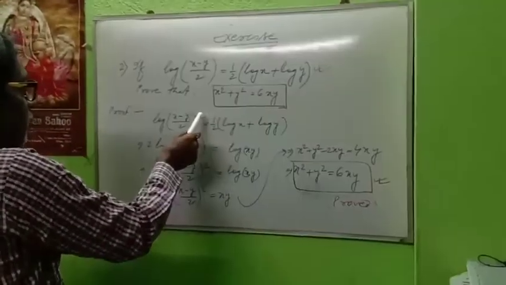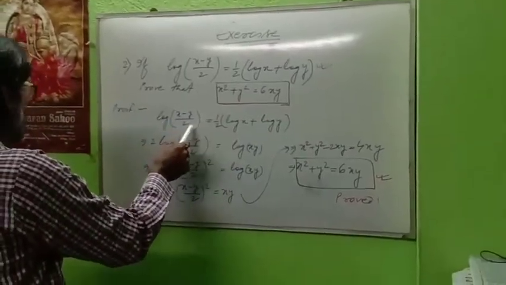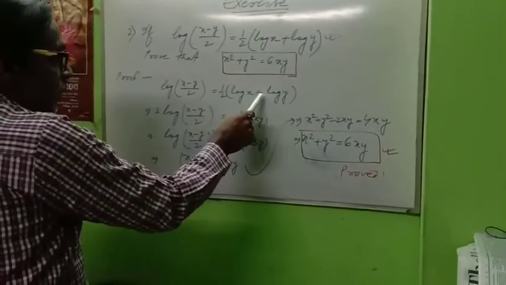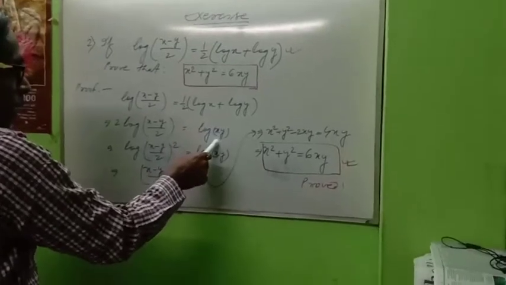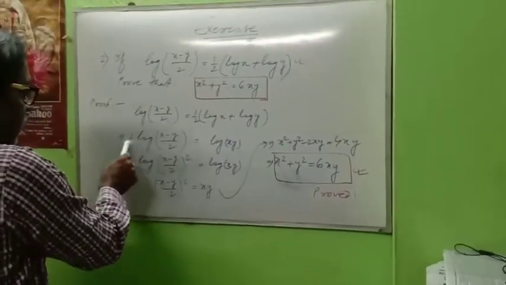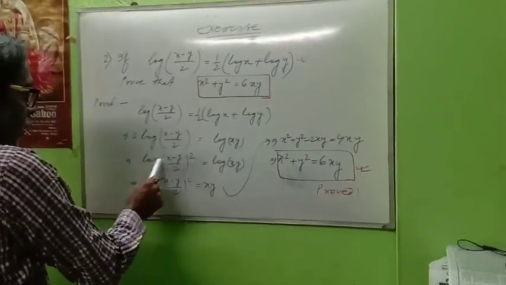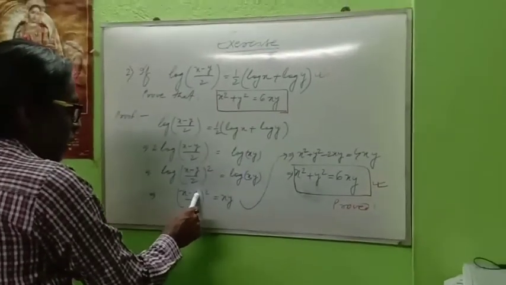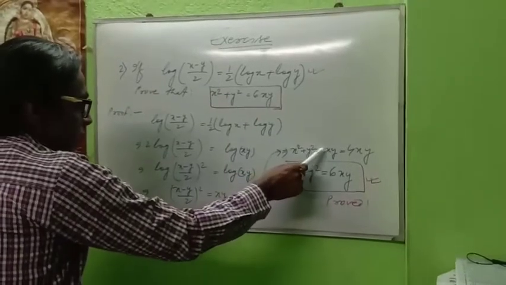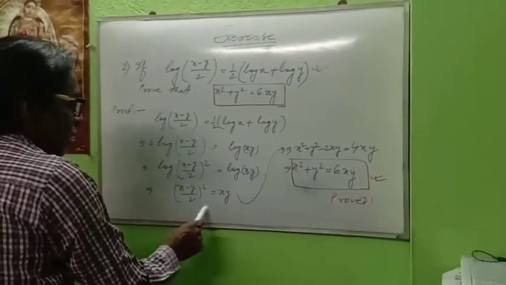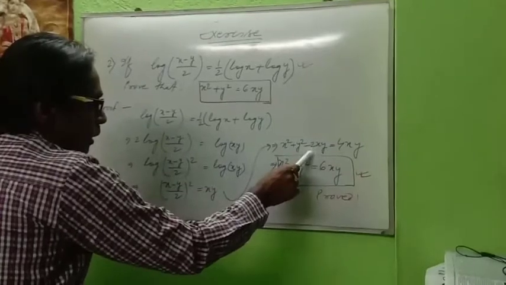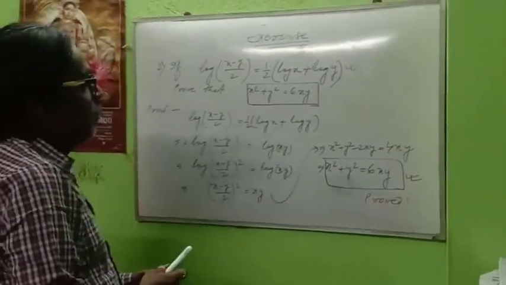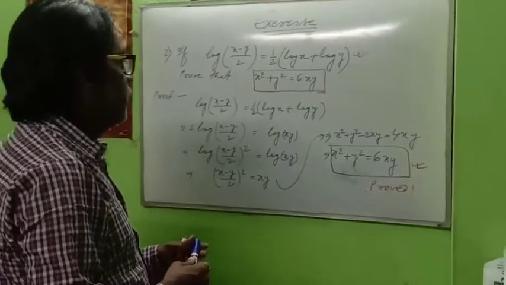Let us start from the given part. Log (x minus y by 2) is equal to half (log x plus log y). You know log x plus log y, this is addition, this will multiply, log xy, and this 2 I am taking that side, and this will be power. ((x minus y) by 2) whole square. Just (x minus y) whole square formula is what? x square plus y square minus 2xy. And downside will be 4. 4 I am taking that side, will be 4xy. Now this minus 2xy takes that side. This will be 6xy. This is the final answer, and that you have to prove: x square plus y square equal to 6xy. Okay, proof of question number 2.